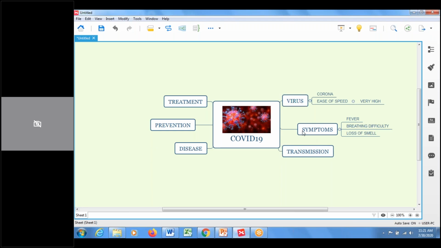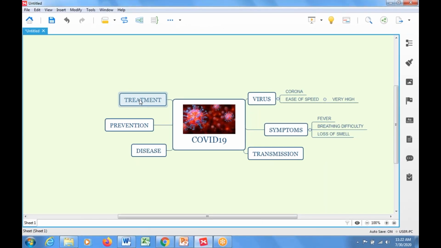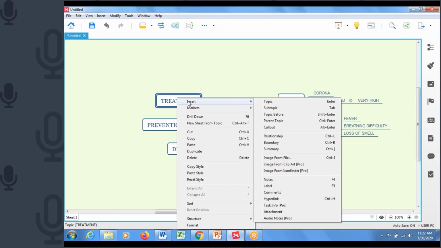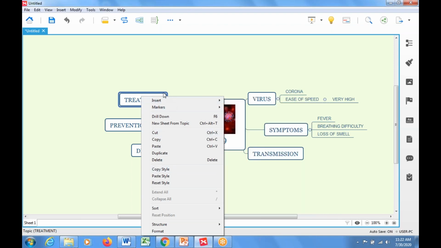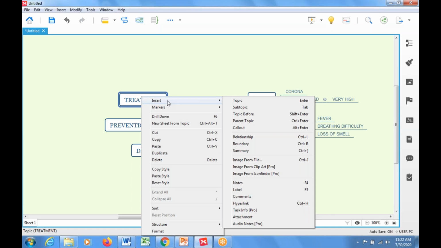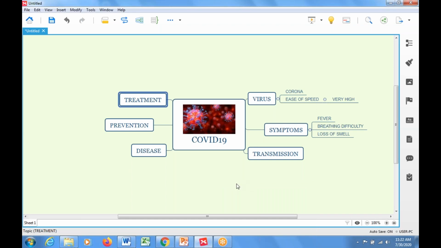Now comes, for example, let me take this treatment branch, single right click, click insert. If you want to create a note, a label, a comment, a hyperlink, or attach this particular branch to an external file, you can do that. For example, I click on insert, I just go to notes.